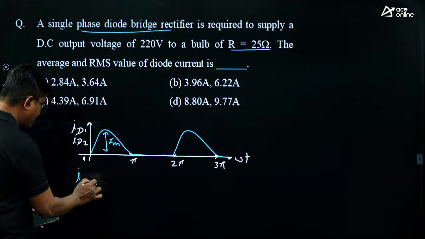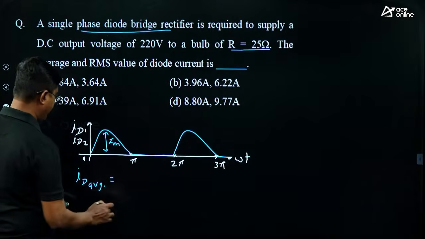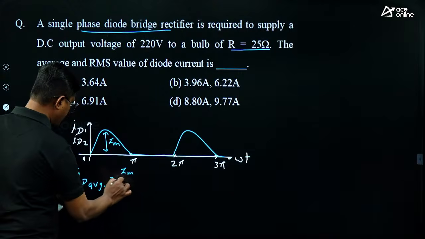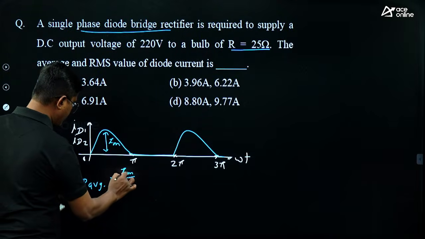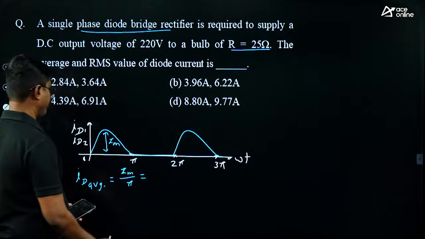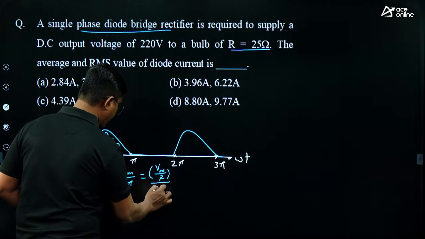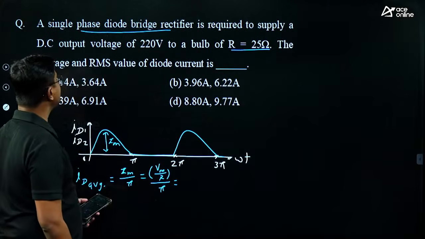It is a half sinusoidal. So average value equals amplitude by pi. Amplitude is Im upon pi. How to write Im? Im is Vm by load resistor. Supply voltage peak value upon R upon pi. So Vm is the